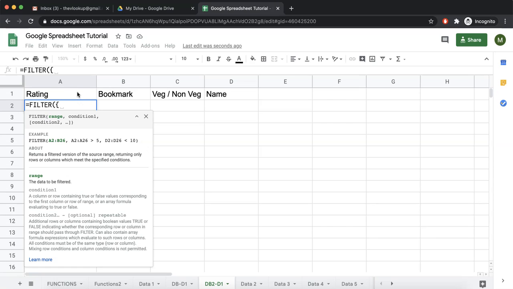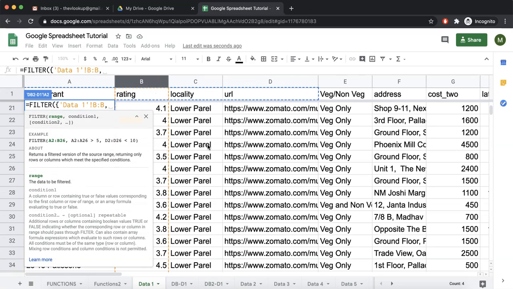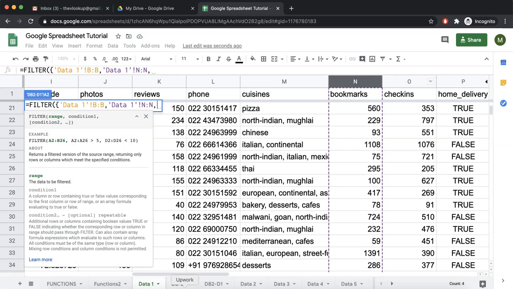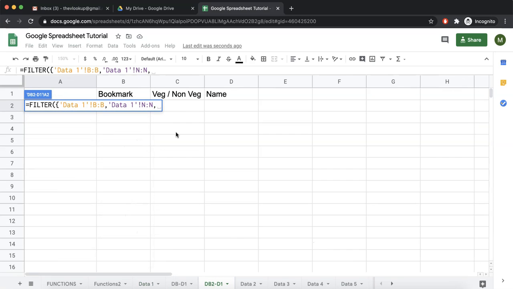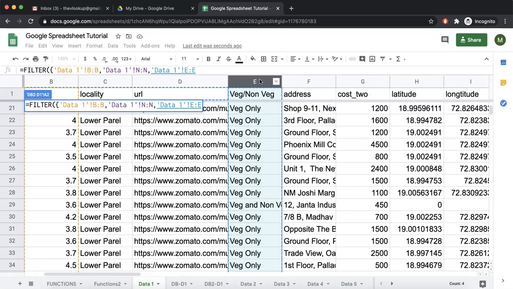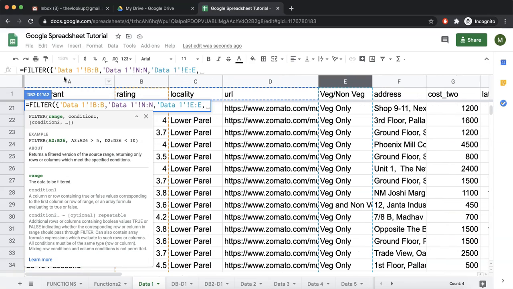Curly brackets start, the first is rating. Let's go to data1, the column is rating. Next is bookmark, comma, then veg non-veg, comma. Where is the name? Name is column A.